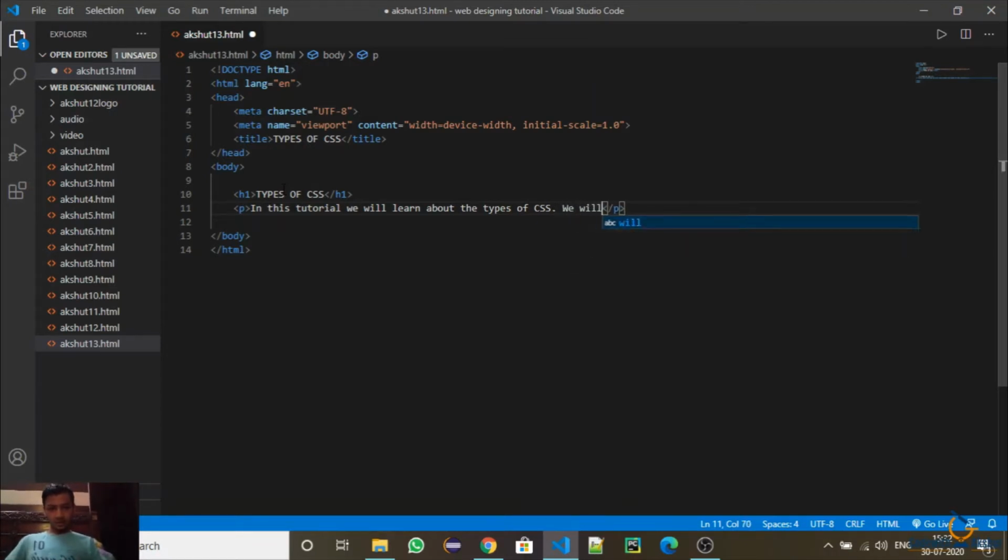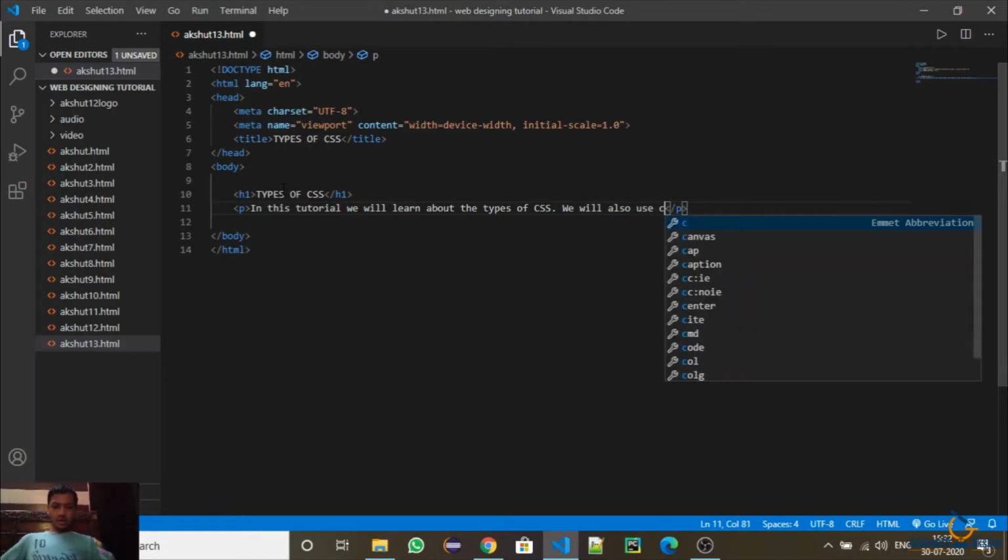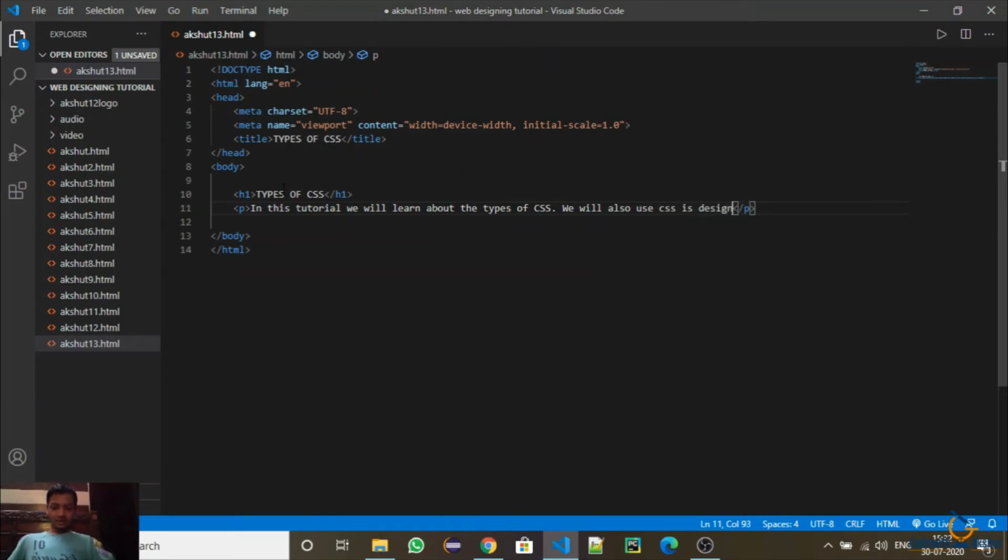We will also use CSS in designing our web pages in upcoming lessons.